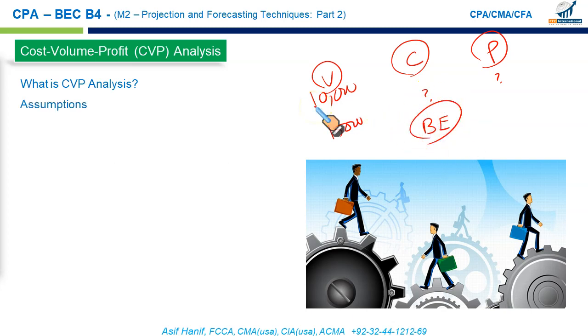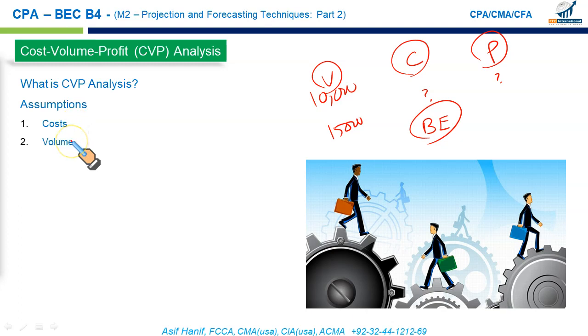There are certain assumptions in CVP analysis. Of course, they are the limitations. You might challenge each and every assumption that I'm going to discuss, but nonetheless, we have to make these assumptions to make this model work. The first assumption, you may challenge it, is that the costs are either fixed or variable, and we know that not all costs are fixed. Not all costs are variable. Some are partly variable, partly fixed. Some are stepped costs. Costs do not follow a straight line function.